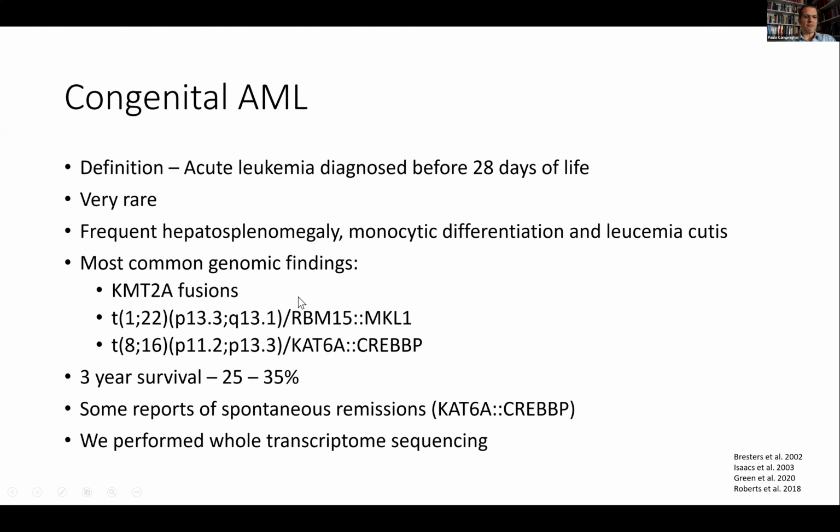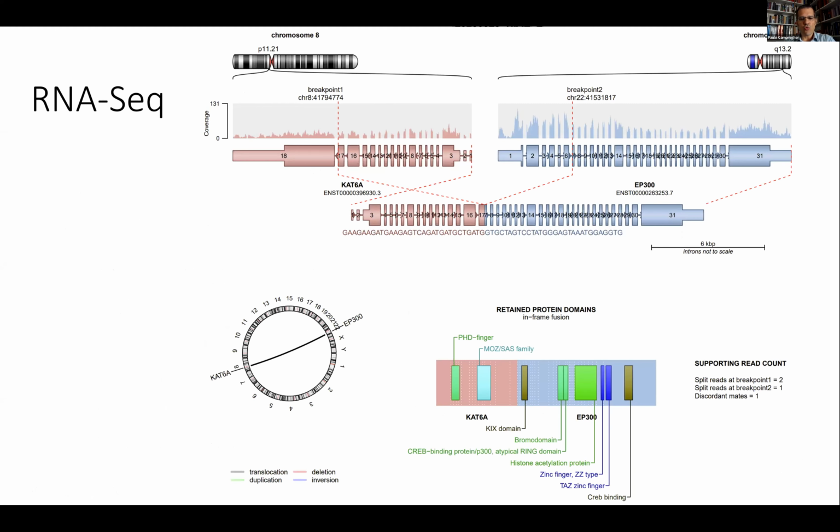And the most common genomic findings are KMT2A fusions, translocation 12;22 and translocation 8;16. 3-year survival varies from 25 to 35%. There are some reports of spontaneous remissions. And then we performed whole transcriptome sequencing in a research project for this patient. And we could find